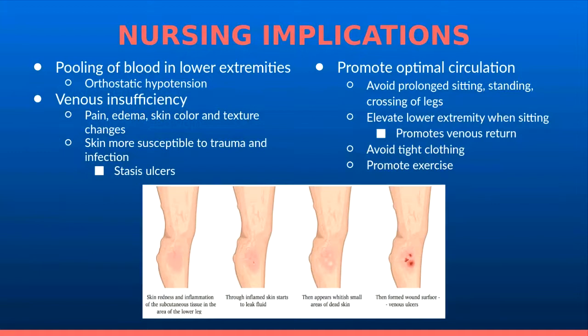As nurses, we should be aware that these patients may experience orthostatic hypotension because of pooling of the blood in the lower extremities. Due to venous insufficiency, they're also at a greater risk for stasis ulcers, as you can see in this picture below. These ulcers are characterized by pain, edema, skin color, and texture changes, usually in the lower leg. Because the skin is more susceptible to trauma and infection, you have to be more mindful of keeping these